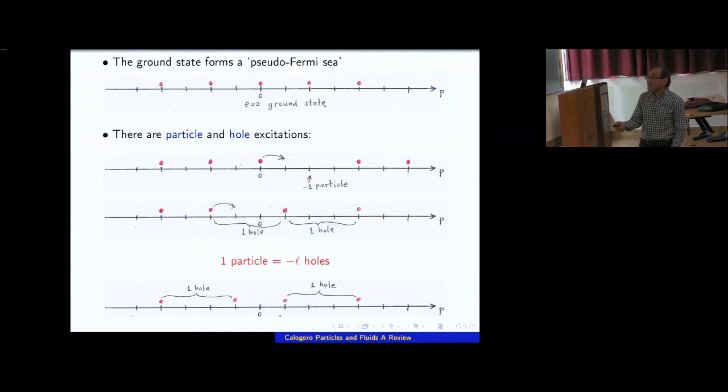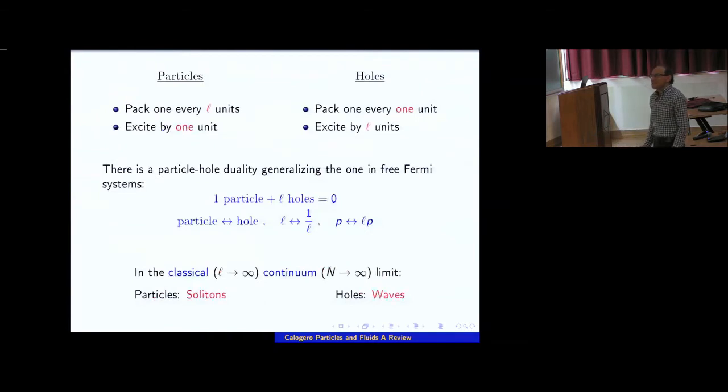So we see that one particle corresponds to two holes. That hole is the minimal one, because if you were to close it any further, you would go to the ground state. So you see that in this case, for L equal 2, one particle corresponds to two holes, and that generalizes easily. You can play this game with a gap of 3 in the ground state, and you see that the absence of a particle creates L holes. So we see that there is a kind of peculiar, non-trivial duality between particles and holes that generalizes the duality in a fermionic system.